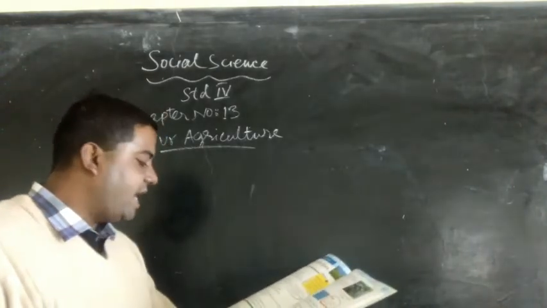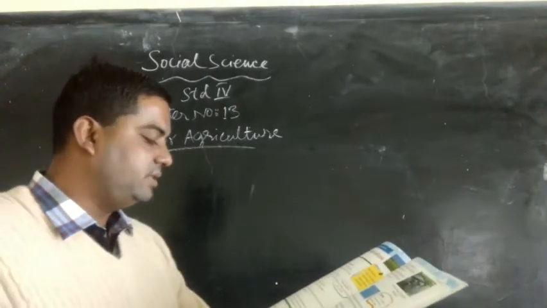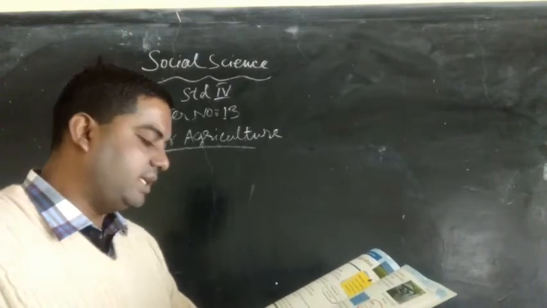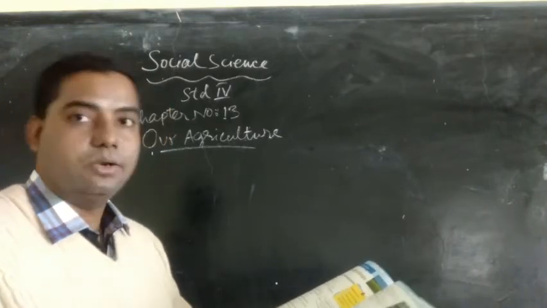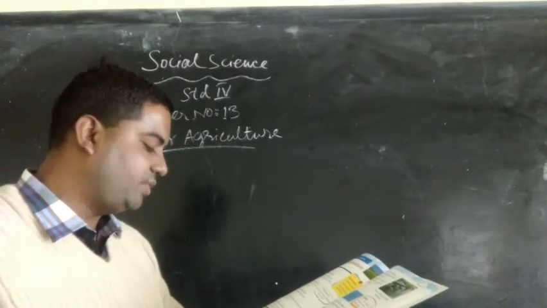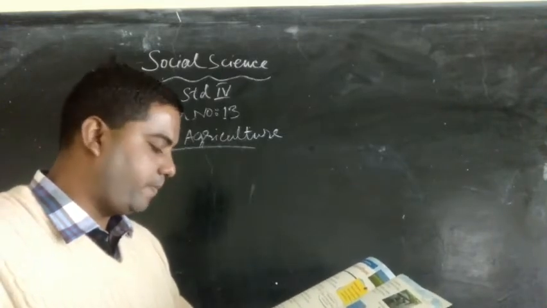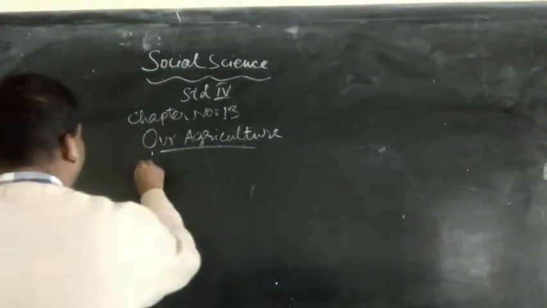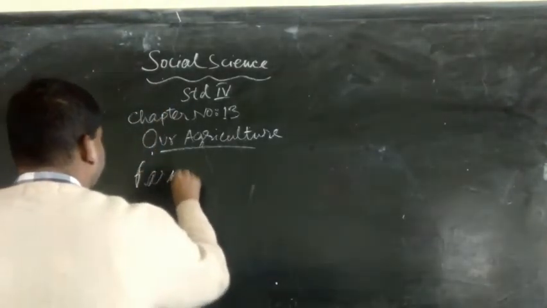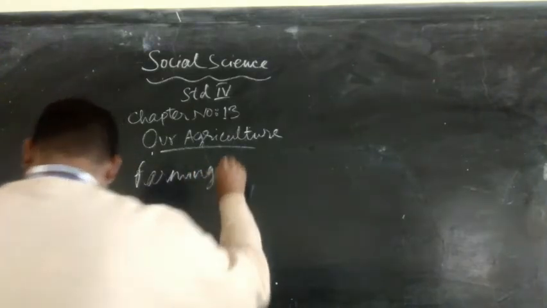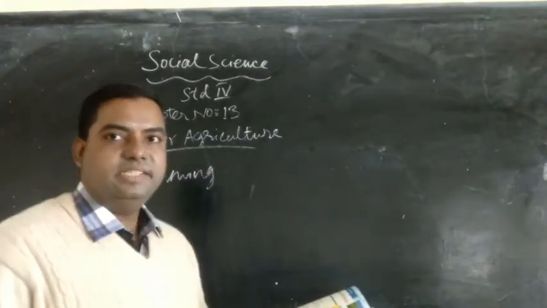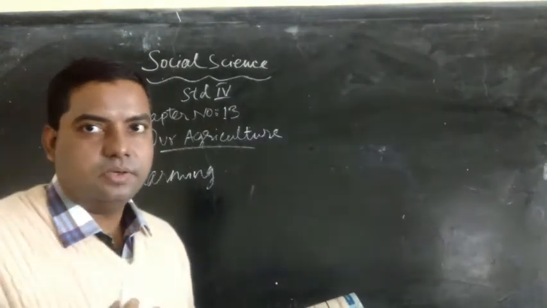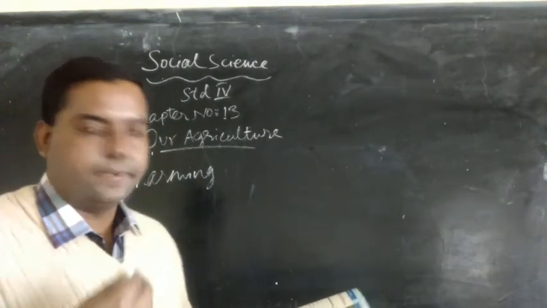Agriculture. Agriculture or farming is the practice of cultivating land. It also includes other farm related practices like horticulture, livestock rearing and fishing. So what is agriculture, my dear children? Agriculture, it is also known as farming. And what is farming? Farming is the practice of cultivating land, when we cultivate land to grow crops for consumption, that is to eat.